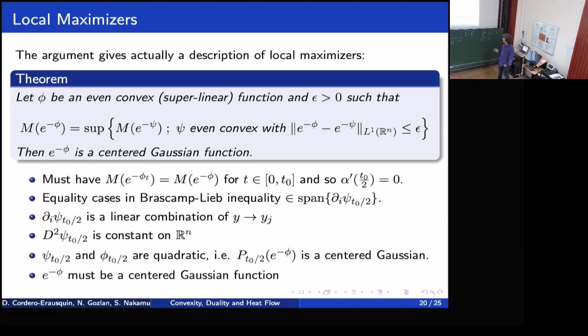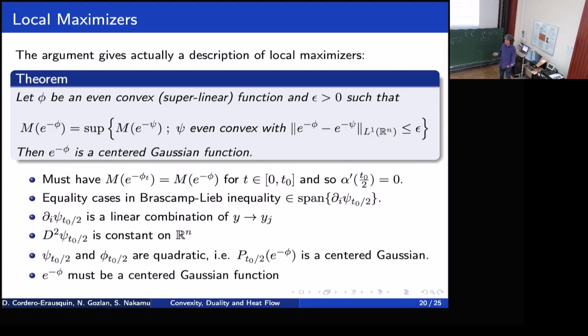They are spanned by the gradient of psi against some vectors, spanned by the derivative of psi. Okay, so if you have equality, you must have all these linear functions in the space where there is equality. But these linear functions are linearly independent. So of course they have to span the space